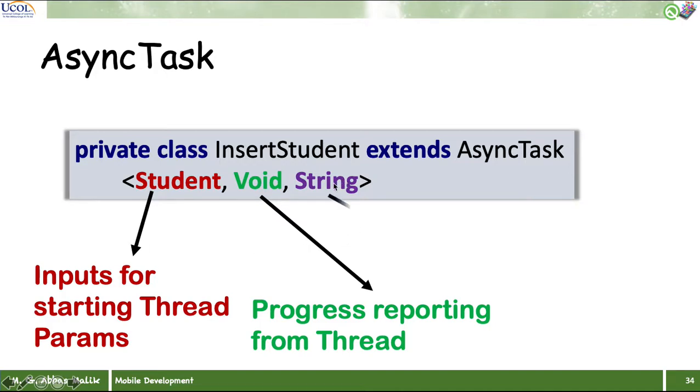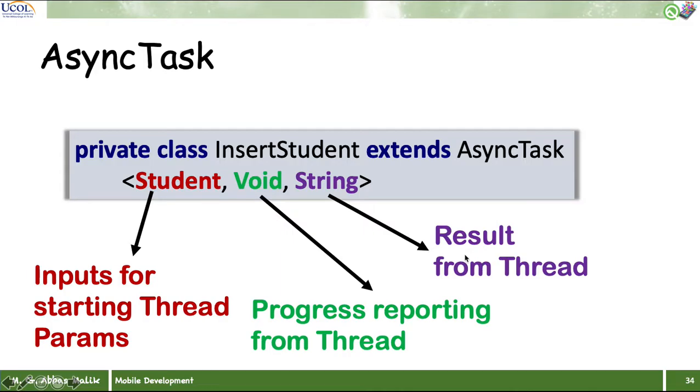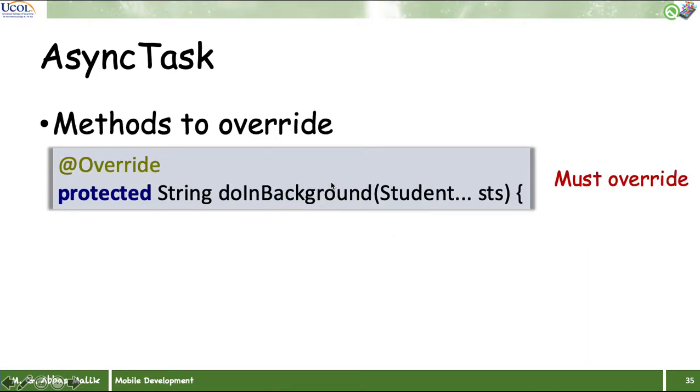And then at the end, this is the last part, that is the result from the thread. What result we want to send back to the calling thread, calling activity or calling process. So what specific result? So parameters, progress report, and then the return type, what it should be returning. So this is how we can define our new thread. So what we can do,